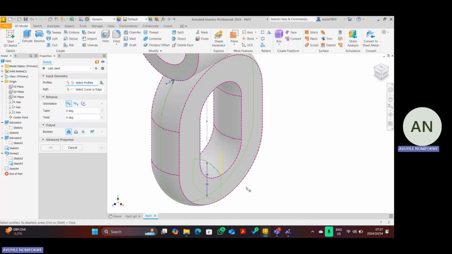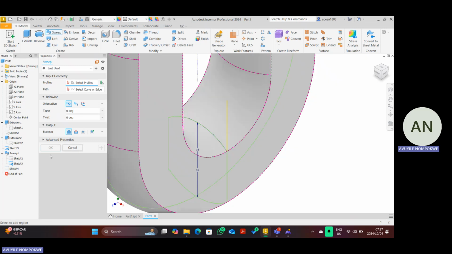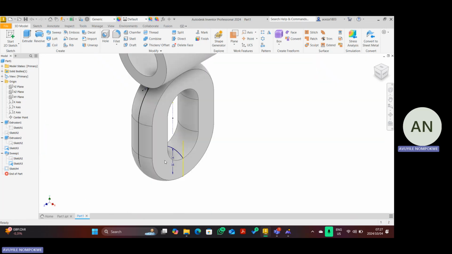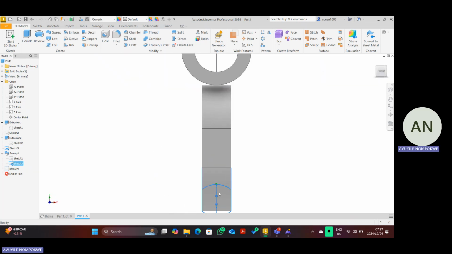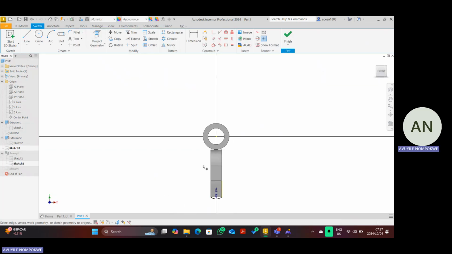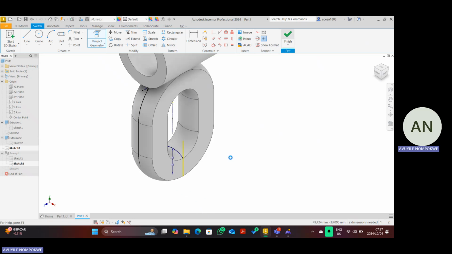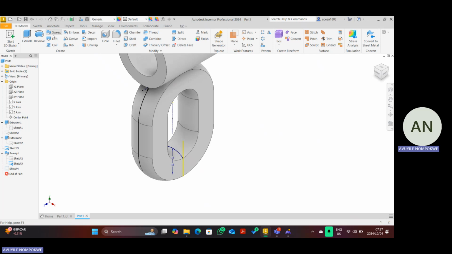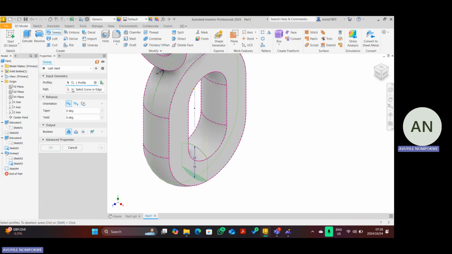What is it that we want to sweep now? Okay, let's edit the sketch, this one, edit sketch, right? We need this geometry here, that one. Okay, finish sketch. So okay, now let's go back to our sweep feature. This is what we want to sweep, and then now our curve, it has to be this one,